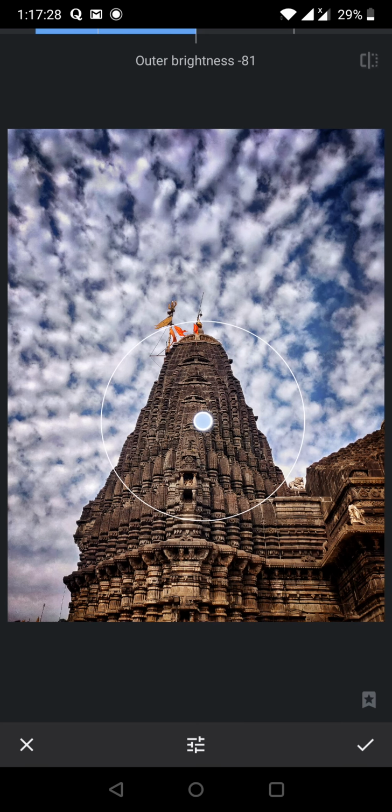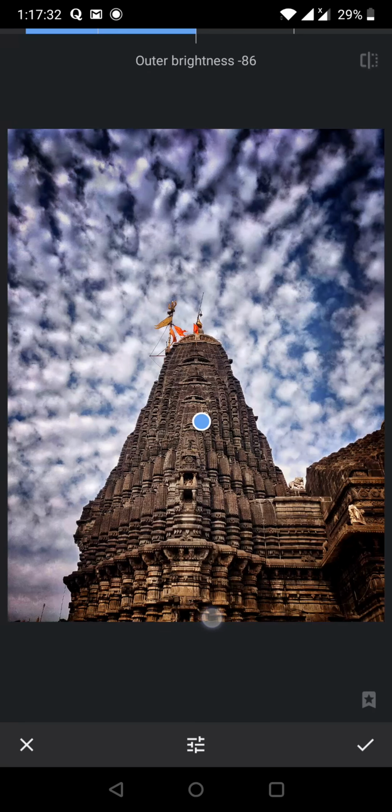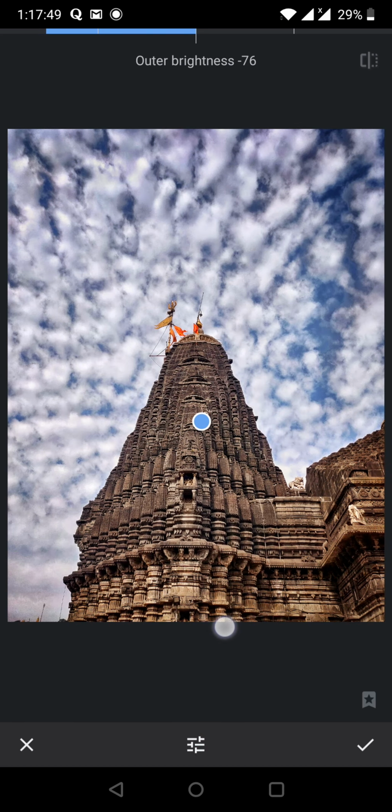Then I'll go to the next option, which is vignette. So I'm trying to make my viewers look more at the temple. What I'll try to do, I'll bring the inner brightness and I'll try to put that pointer on that temple top so that it looks more prominent, and I'll try to encircle it with vignette, which is like the darkness.